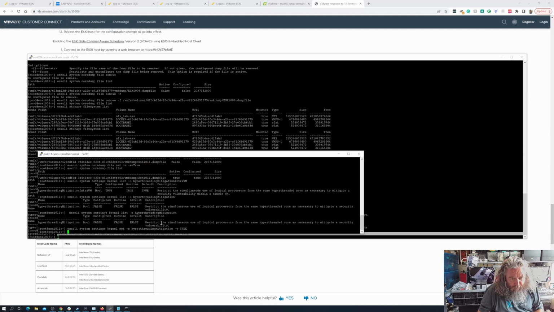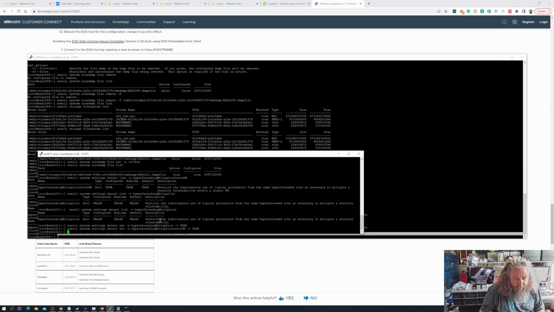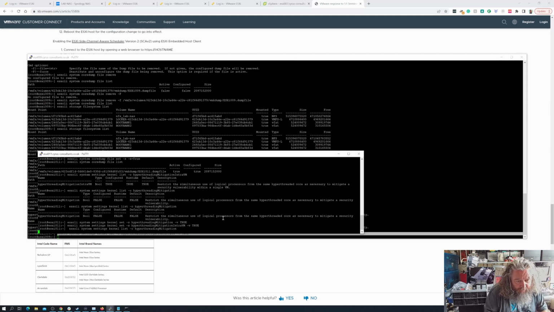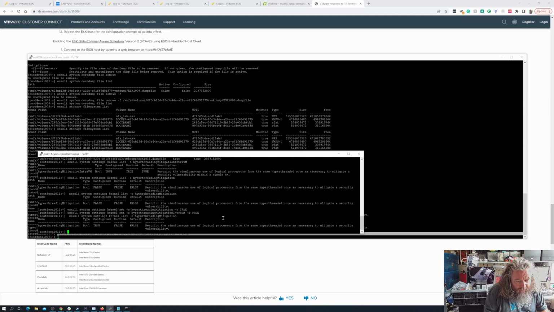And I'm just going to run that as well. So I'm just going to go back and check. So that's set to true, configured for true. It's not currently set to false. Runtime is currently false